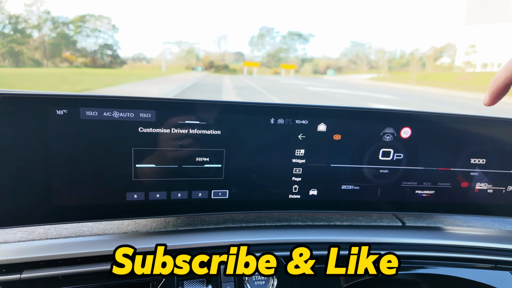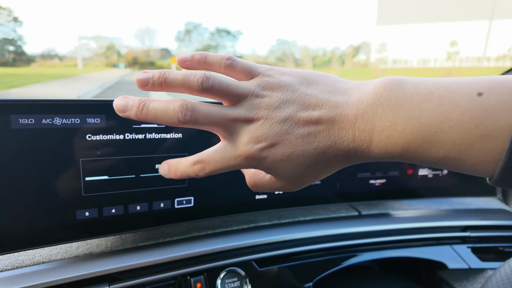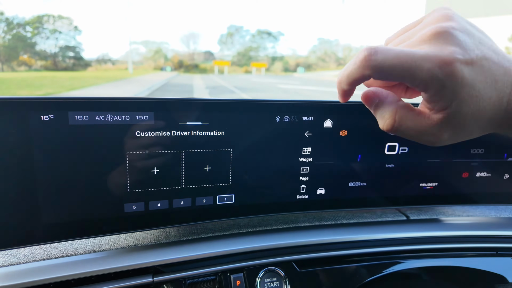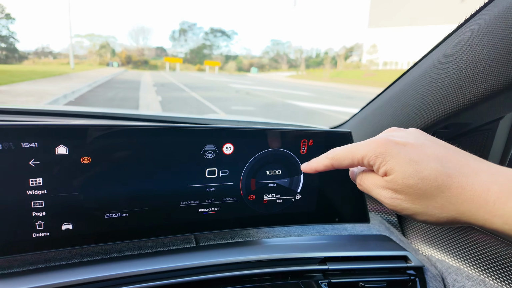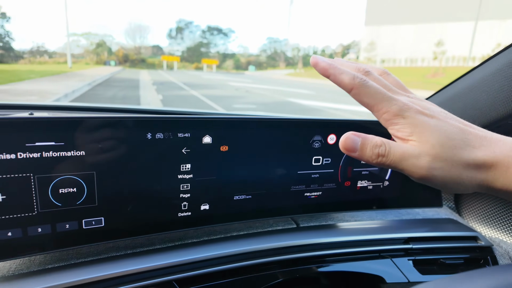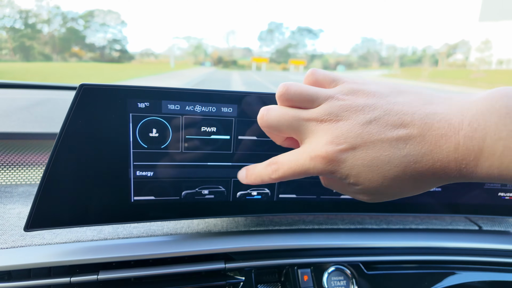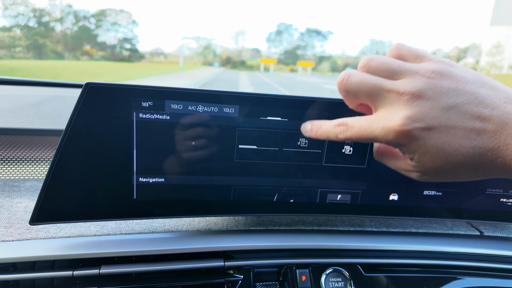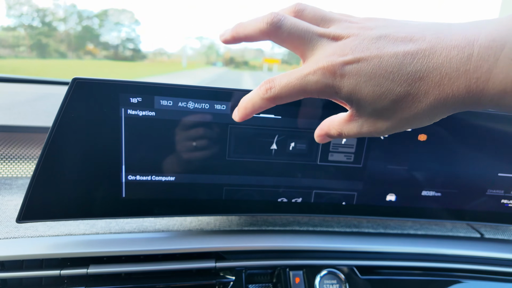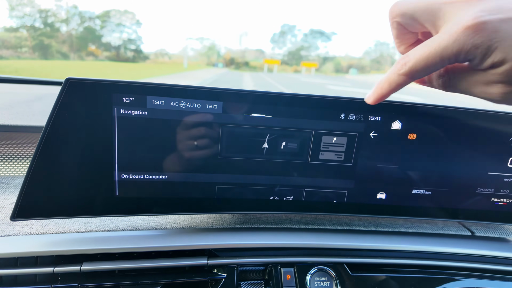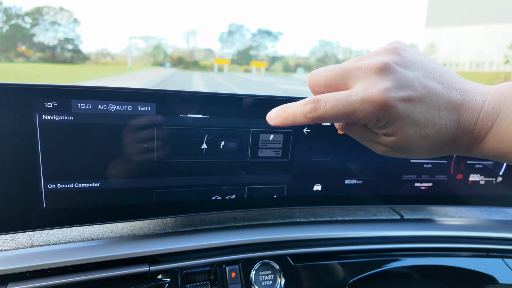bars. Click here, you can see the RPM is on the right, that's going to be a full display. But then press and hold, delete it, and then plus RPM on the right, then you can see RPM is on the right, left is not yet. Again, press over here, then you can maybe choose energy, media, or navigation. Do remember, navigation is across the big bars over here, so right now you've selected the one on the right, you cannot select the big one anymore, you can only select the small